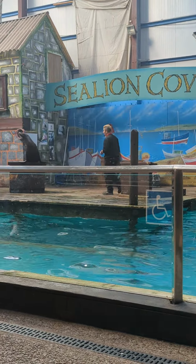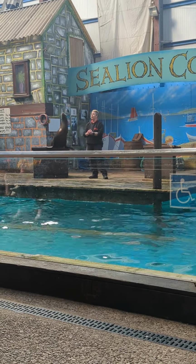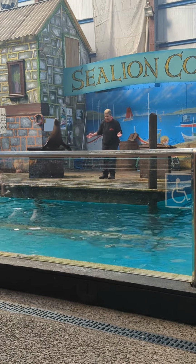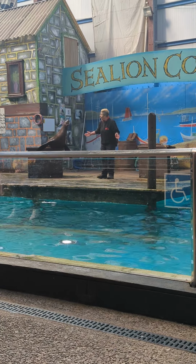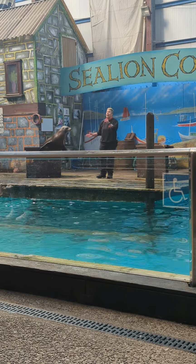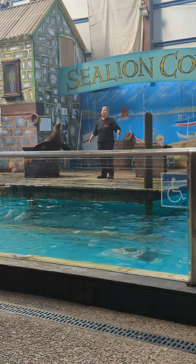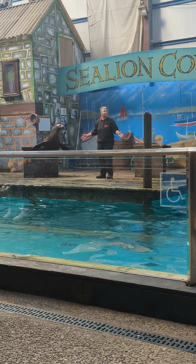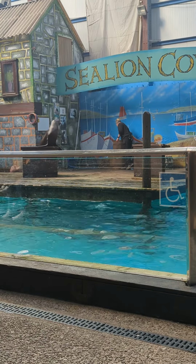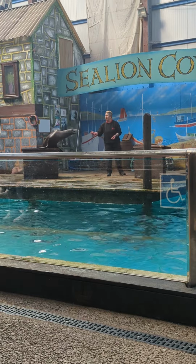Sea lions only ever swim using their massive paddle-like front flippers. Boys, show everyone your front flippers for me. Let's have a look. That's it, there we go. Now when these two swim, they look a little bit like they're flying, because they move these paddles up and down, like a pair of wings through the water. This will propel them at a top speed of around 15 to 20 miles an hour,